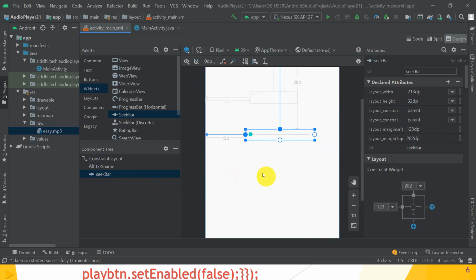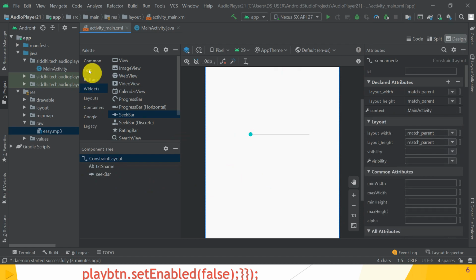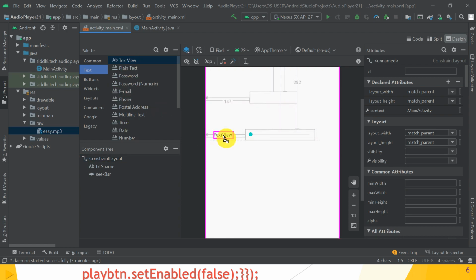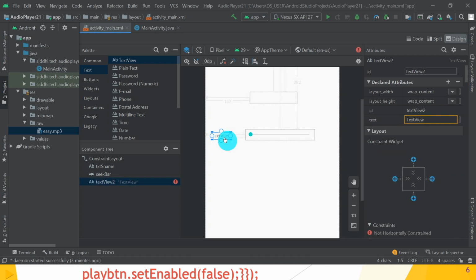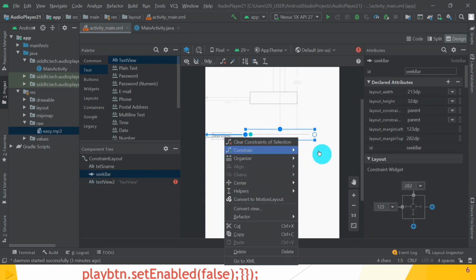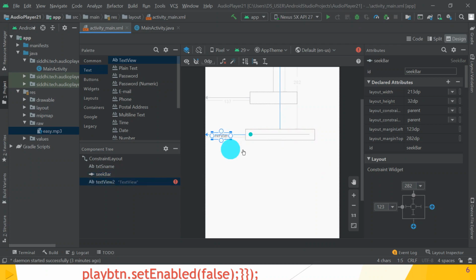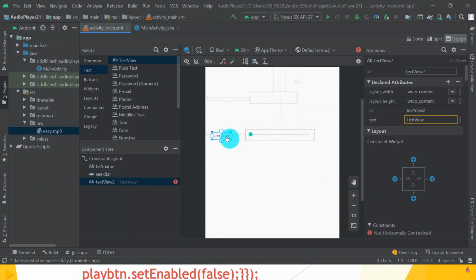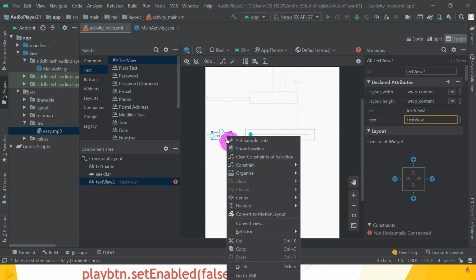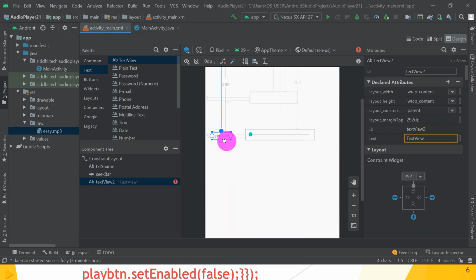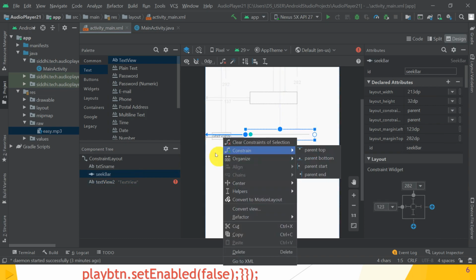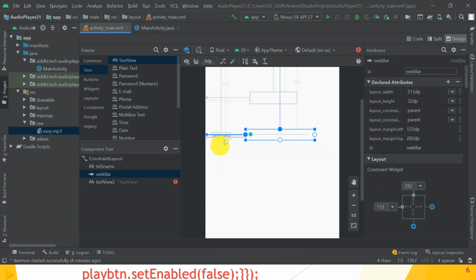Next part, again take two text views, one for showing the start time, then give the constraint from parent top. Guys, properly choose the text view and then set the constraint from parent top and from parent. It is not proper.